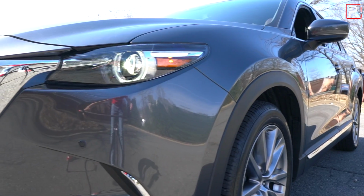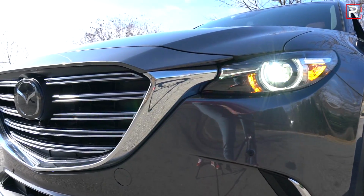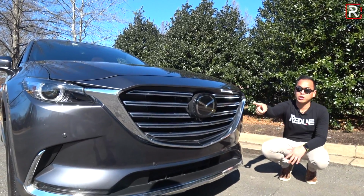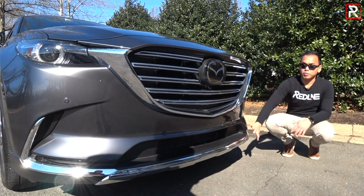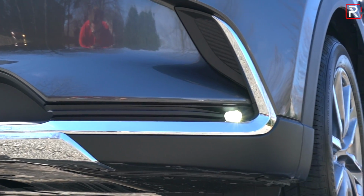You can see LED headlights are actually standard. They're these really slim LEDs with this signature Mazda 5-point grille that kind of blends into the LED. It's got a chrome accent. You have a very large Mazda emblem in the front, and then the signature trim also includes the lower chrome at the lower fascia, these integrated parking sensors, and then these really tiny fog lights at the lower part of